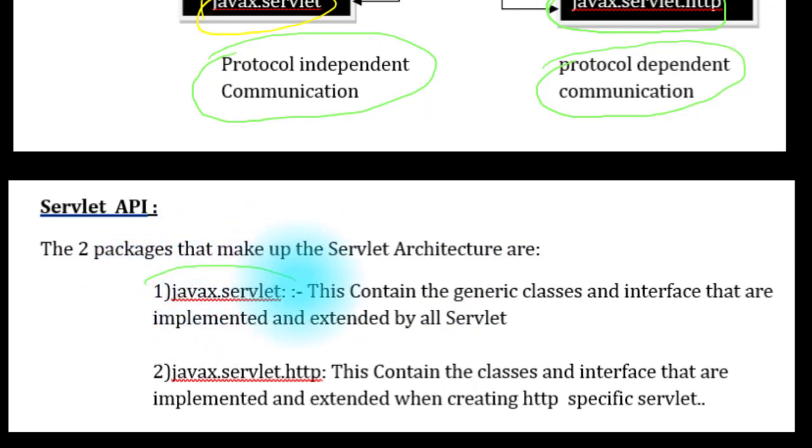Now javax.servlet is a package that contains the generic classes. That means it does not depend on any protocol. These are the classes or the interfaces that do not depend on any protocol. They are implemented and extended by all the generic servlets. And the second one is your